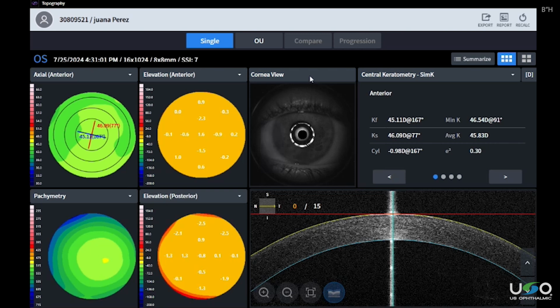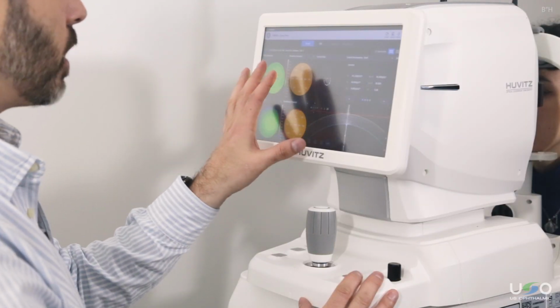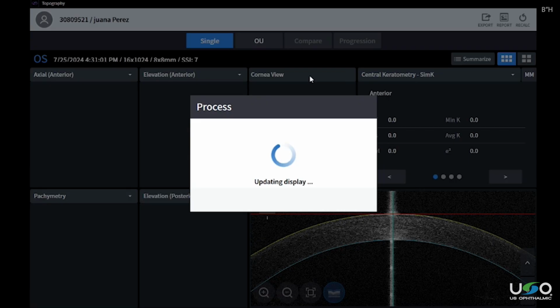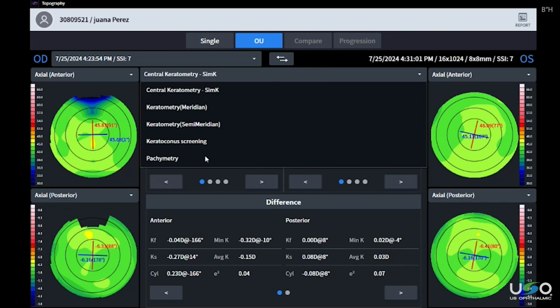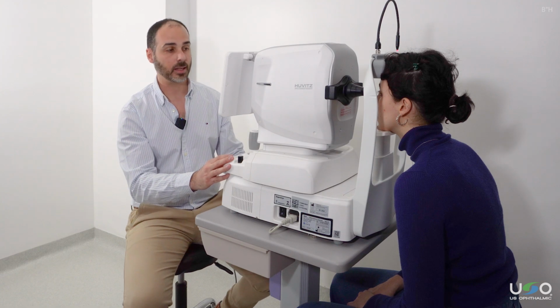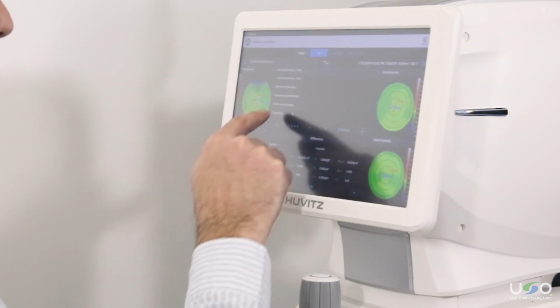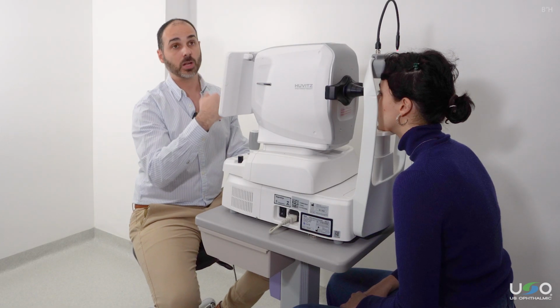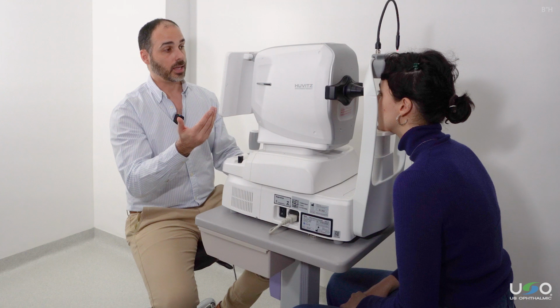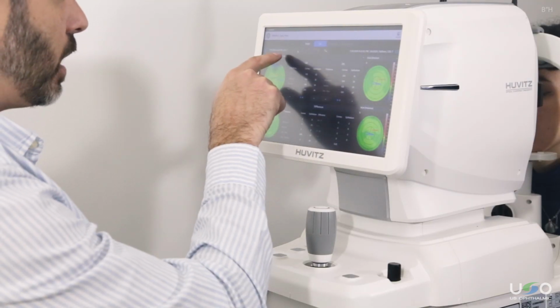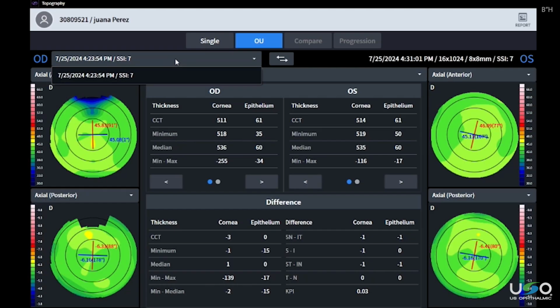In this case, we are seeing only the left eye. We can also choose to see the tab for both eyes, where we will see the relevant information of each eye, and it allows us to configure what we want to show in the report. In the case of a patient who already has a history, we will be able to choose previous studies. Then we select the date of the study, and we will be able to see a previous study and a